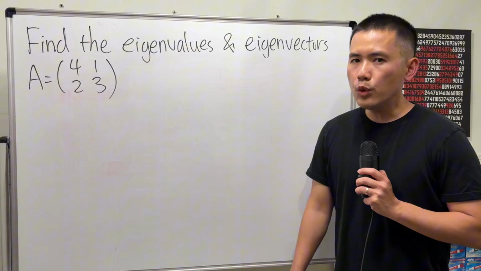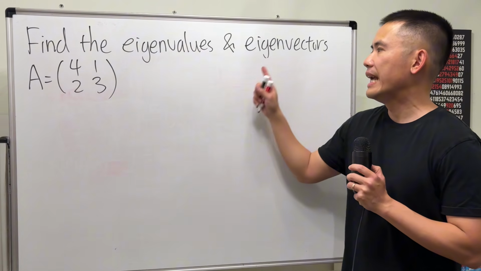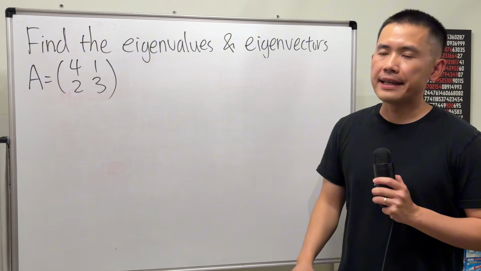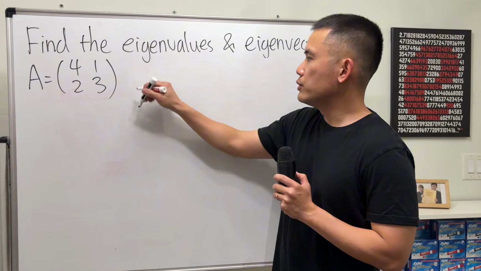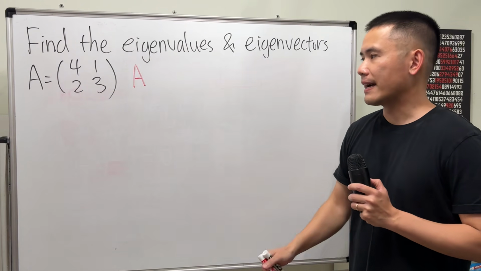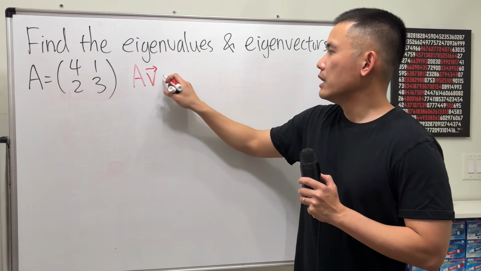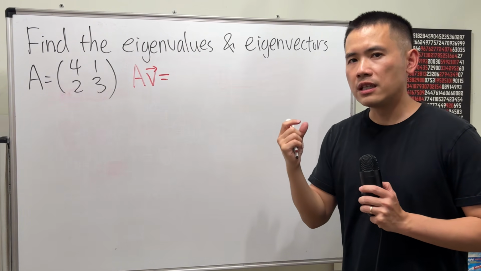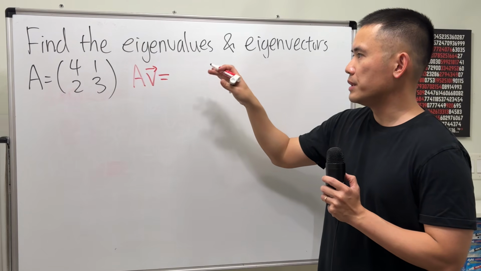Let's talk about how we find the eigenvalues and eigenvectors of a 2 by 2 matrix. Here is the idea. We have a 2 by 2 matrix, A, and imagine if we multiply by a 2 by 1 vector, we'll call it V. If this is equal to a constant multiple, and we'll call that constant lambda,